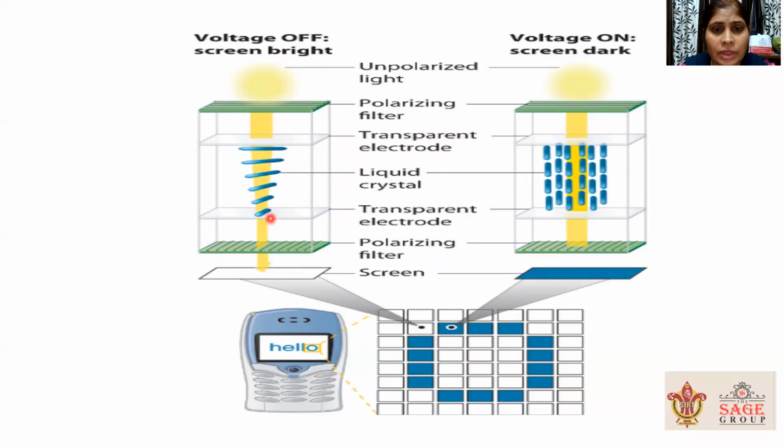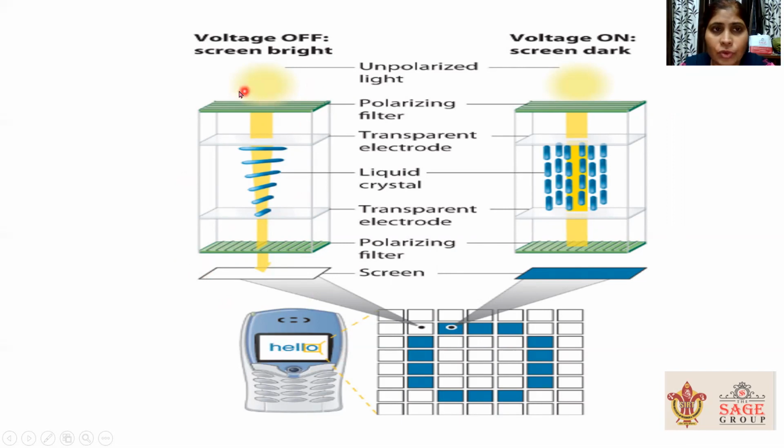Now the electrodes, these two transparent electrodes are used to connect to the battery. This electrode is connected to the positive terminal of the battery, and this electrode is connected to the negative terminal of the battery. Between these two, the liquid crystal is filled. The next polarizer is perpendicular to this polarizer. You can see these lines are horizontal and these lines are in this direction, so the lines are perpendicular to each other. This is an arrangement with which the light or the images or text are displayed on the mobile screen.